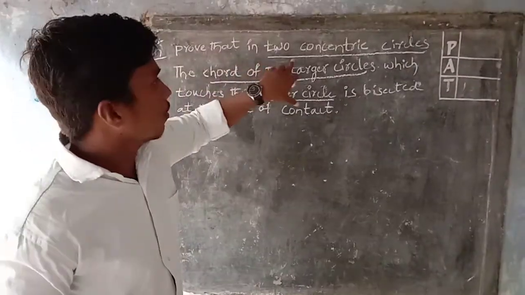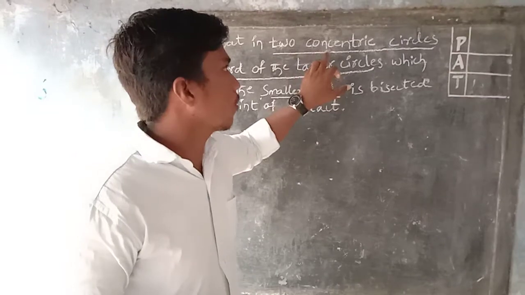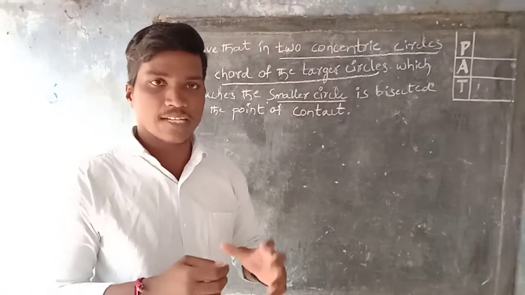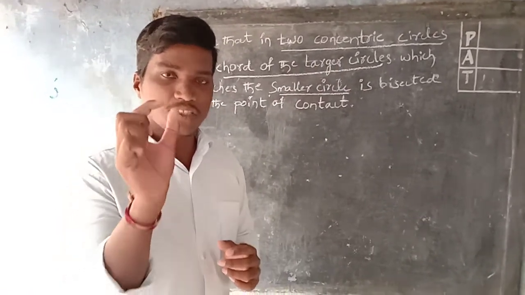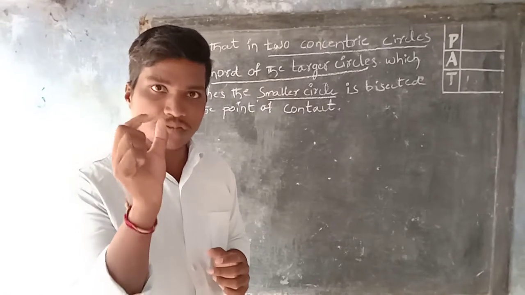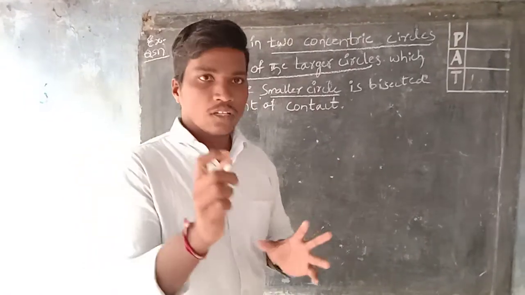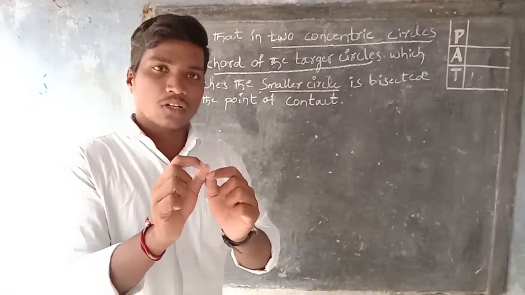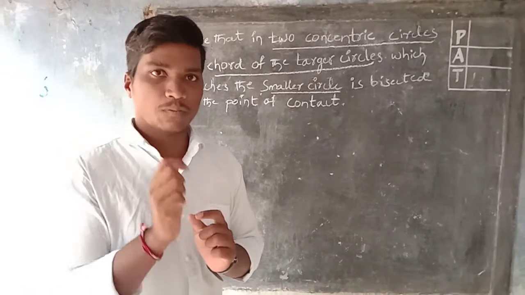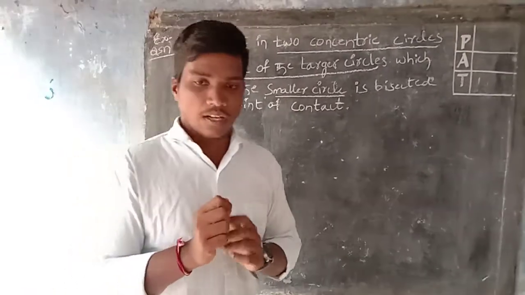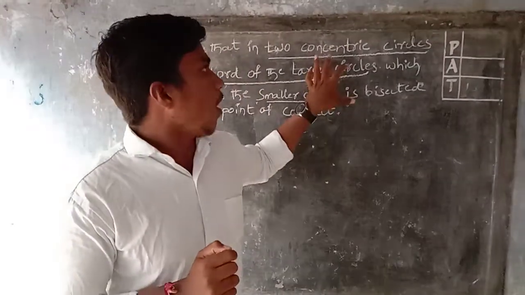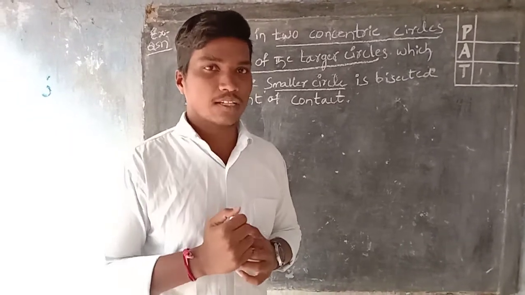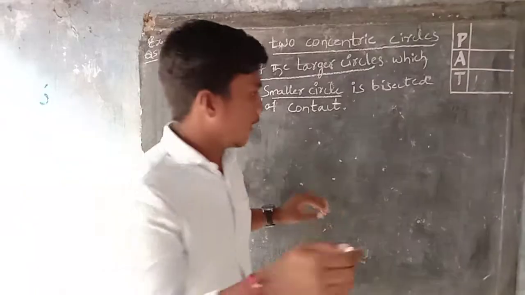First of all, what does the term concentric circles suggest? What does it mean? Concentric circles are nothing but circles with a fixed point as the center. For example, there are two circles. These two circles have only one center. I will revise once again. Concentric circles are nothing but circles which have the same center, and then they are called concentric circles.